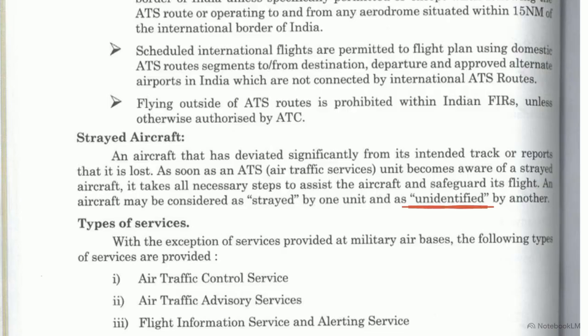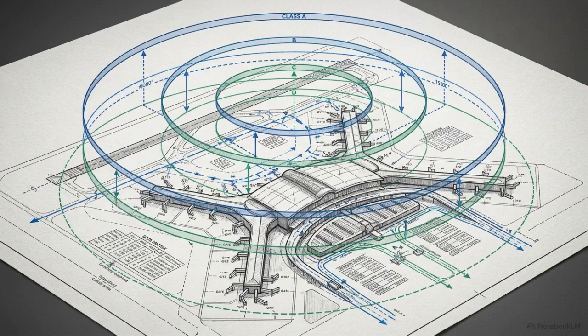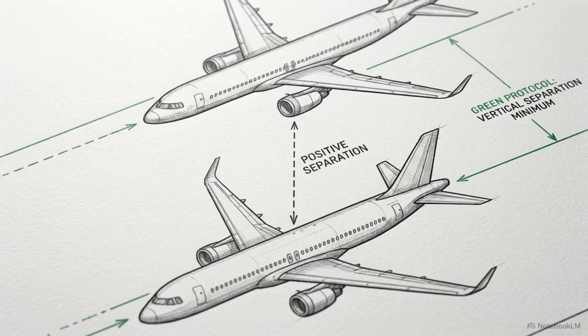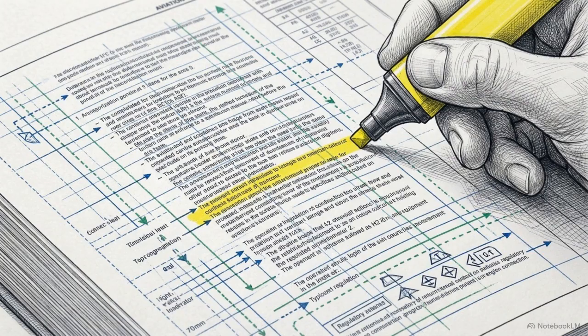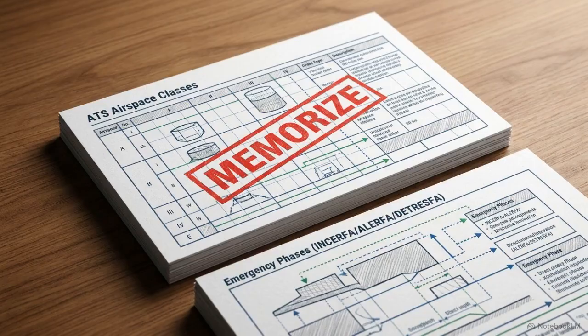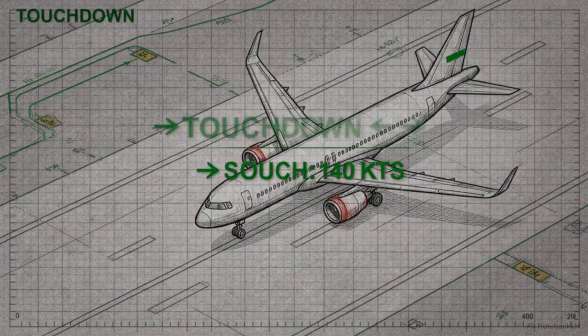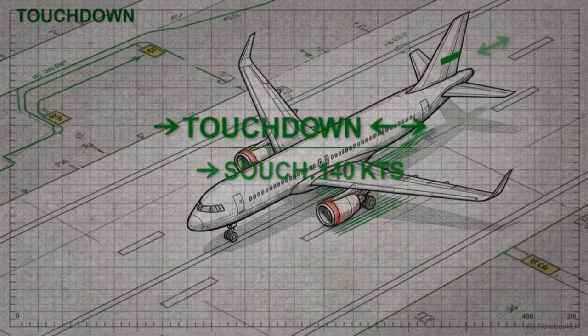From the boundaries of Class A airspace to the precision of an ATIS broadcast, every regulation exists for a single reason: to enforce positive separation and guarantee the safety of every aircraft. Adopt a zero-skip policy for these specific regulations. Review the airspace classification and emergency phase tables at least twice before sitting for your exam. Professional airmanship requires a command of this regulatory framework that goes beyond